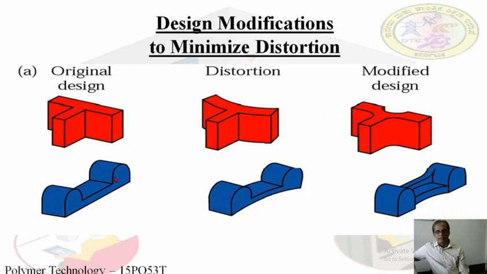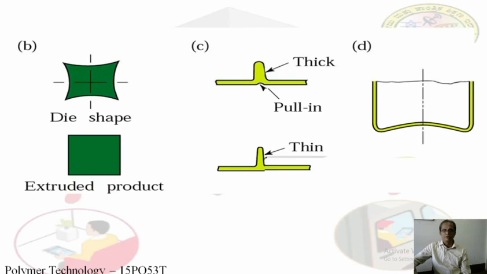And one more, let us take the example. This is the product. So distortion takes place like this. Though it is a horizontally placed one, it is straight at the bottom, an even surface is there. Here it is curved because of the distortion. So we can provide this kind of extra material in the form of ribs. So we can avoid the distortion by strengthening this portion. So the design aspect is very important to overcome some of the problems which occur during production.